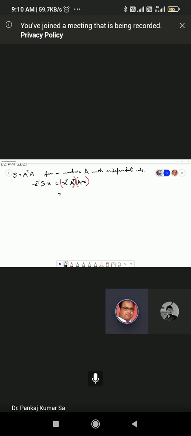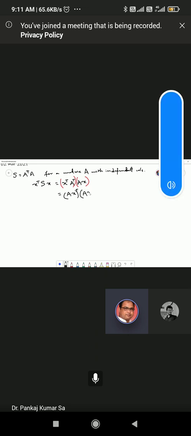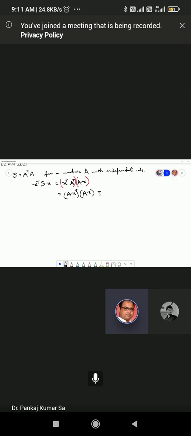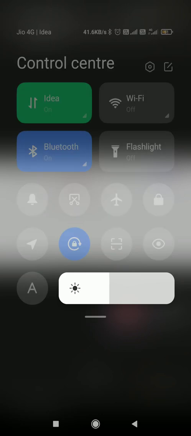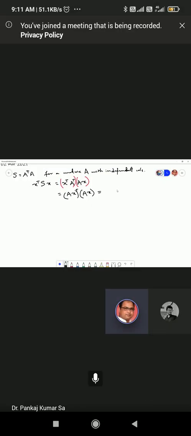X transpose A transpose. In matrix, transpose means what? Transpose of multiplication of two matrices. What is that? That becomes (AX) transpose times AX. And what does this mean? This is nothing but a square, right? That's what we write it as